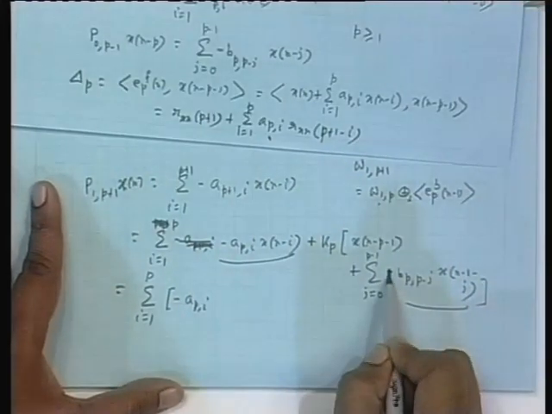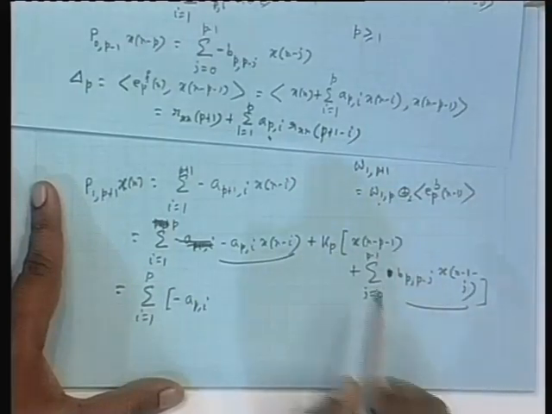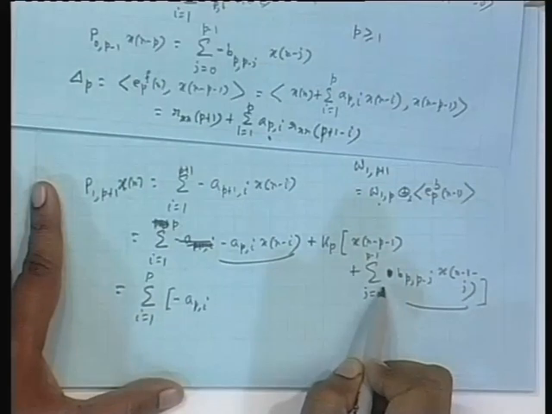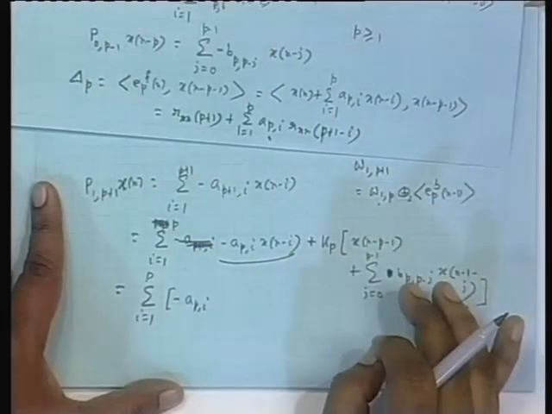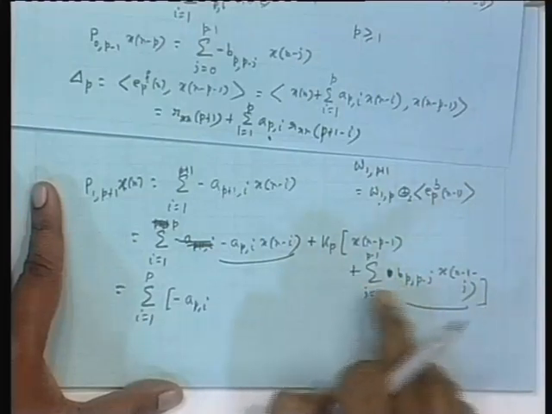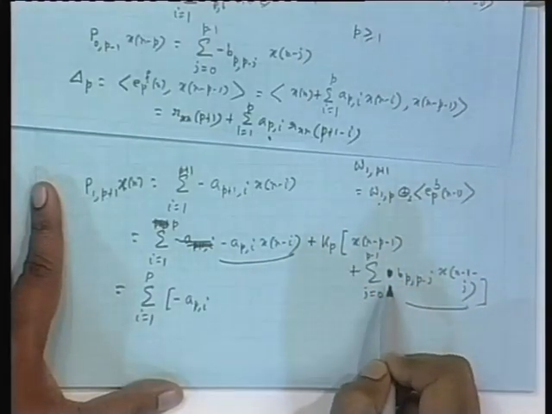Achha, this minus should not be there, because there was a minus and minus that became plus already. This minus should not be there. Original minus the error. Error was having minus sign. That minus and this minus, they became plus. So, I am sorry, this minus should not be there.